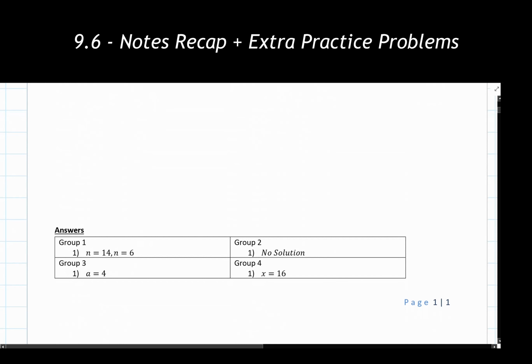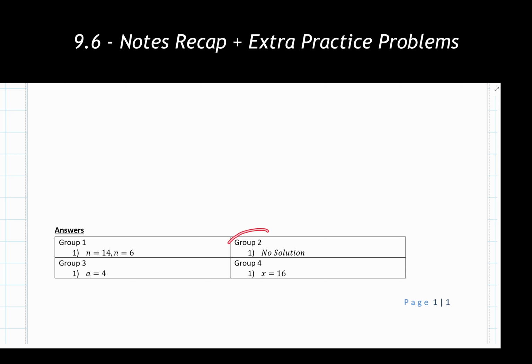So it should be noted, looking at the group 2 problem, and as we saw with one of our other examples, it is perfectly possible for us to be given problems where I'm going to look through it and have no answer left over. Or maybe it's a problem where I get 2 or 3 potential answers, but only one of them actually works once I check my potential answers at the very end of the problem. But otherwise, this is everything for our 9.6 material, solving equations with square roots.